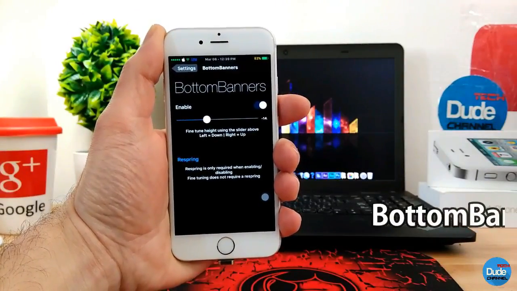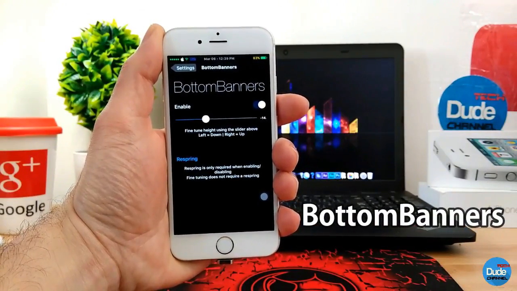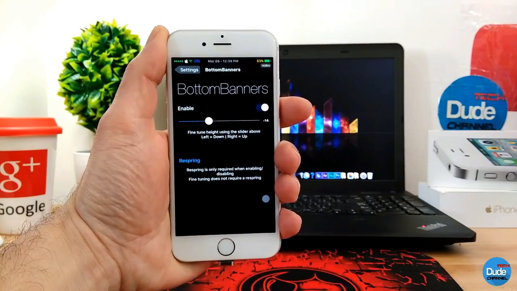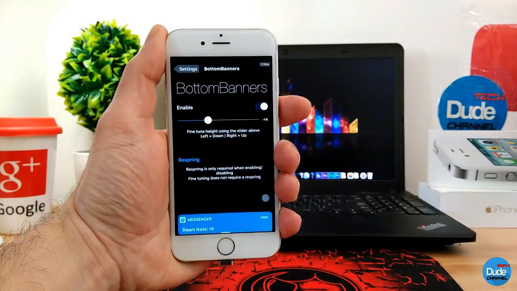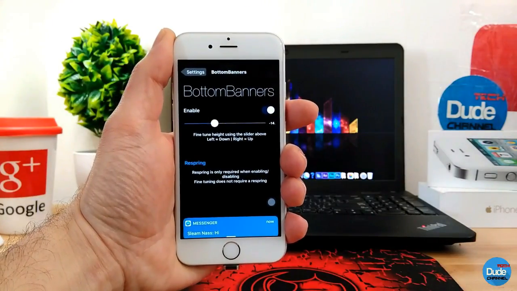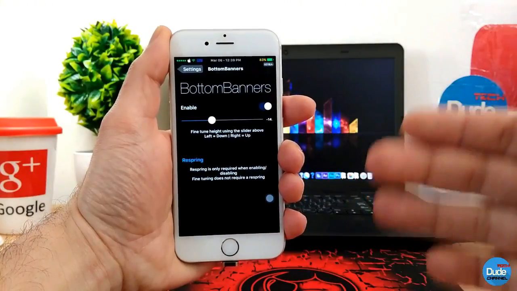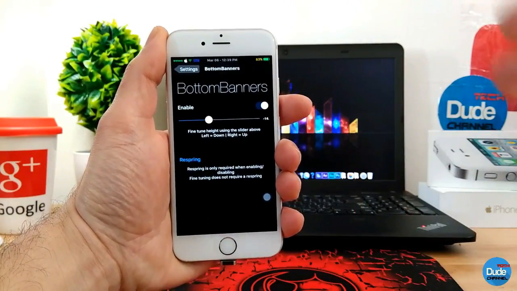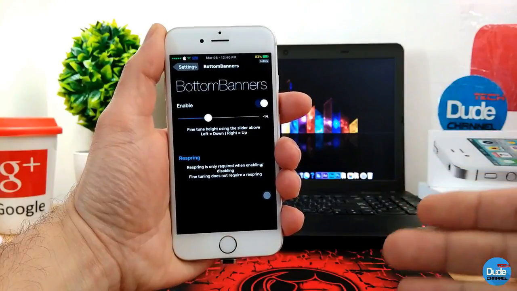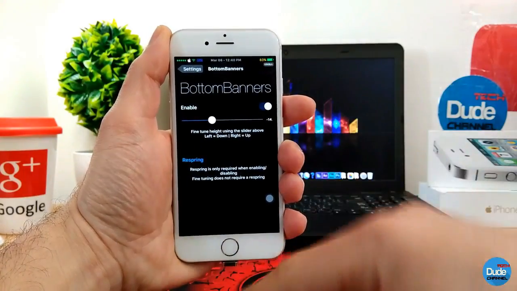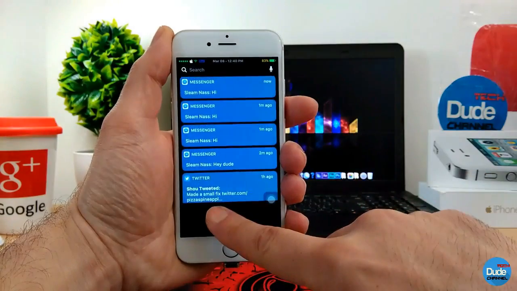Bottom Banners. From now on, when you receive your notification, it won't come from the top. It will show up at the bottom. To give you guys an example, let me just do a test here, just like so. Once you see the notification, it will be all the notifications, the email, the messenger, whatever notification you receive on your smartphone. It will pop up from the bottom,